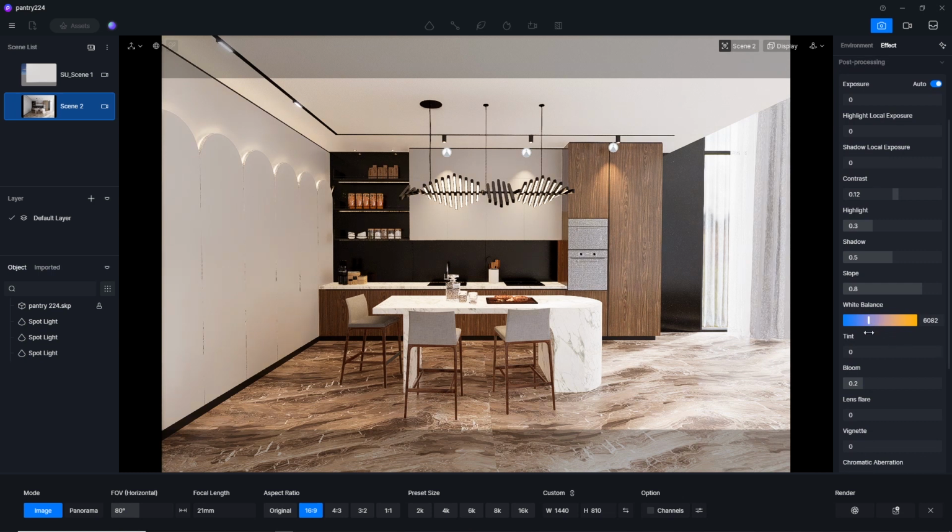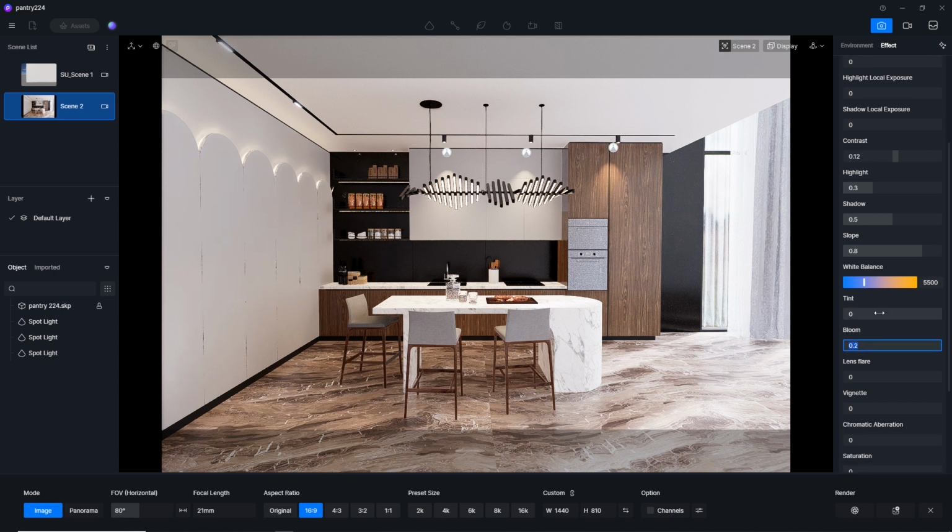Let's see, because it feels too blue, too cold. Wow, nice. 5500 I think is best value so far. Let's keep it,